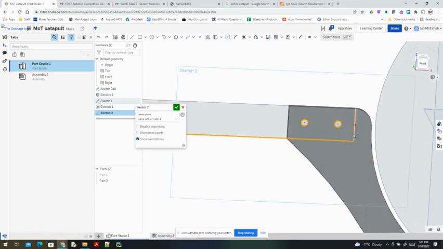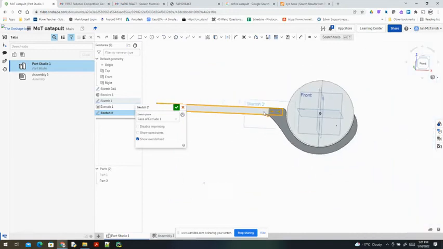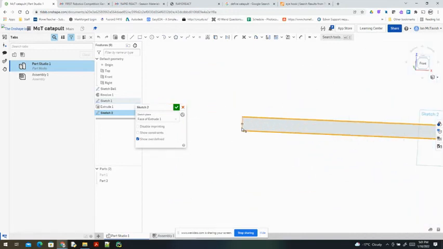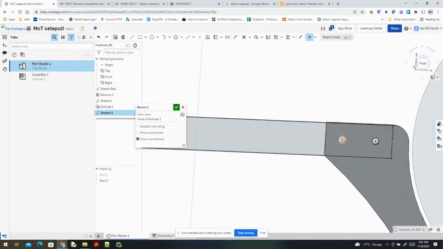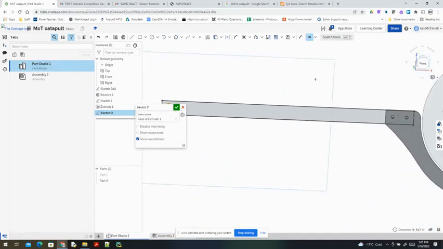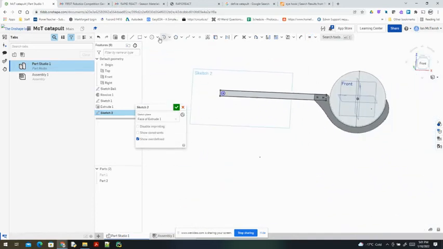And I'm going to just use that, and I'll need to create a circle right there. Now, I'm just going to escape that, because what I'm going to do is I'm going to make that circle